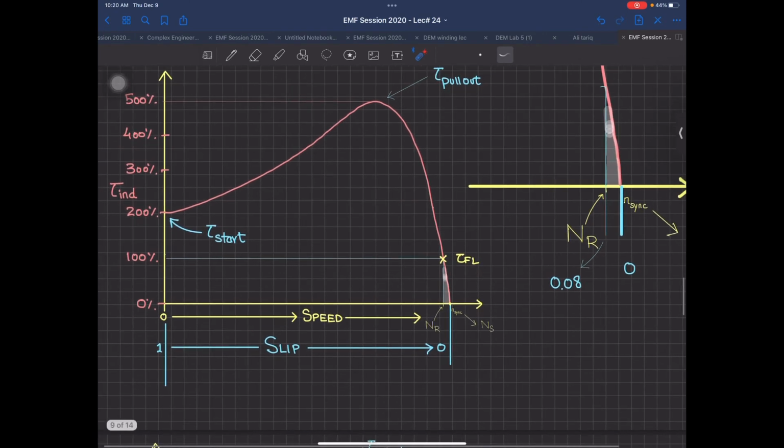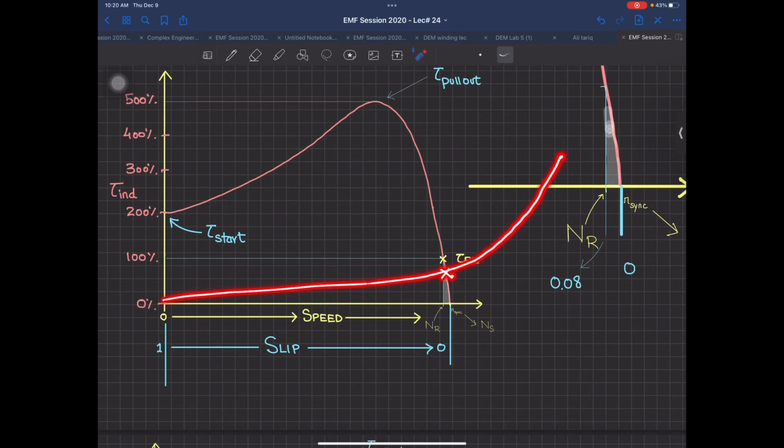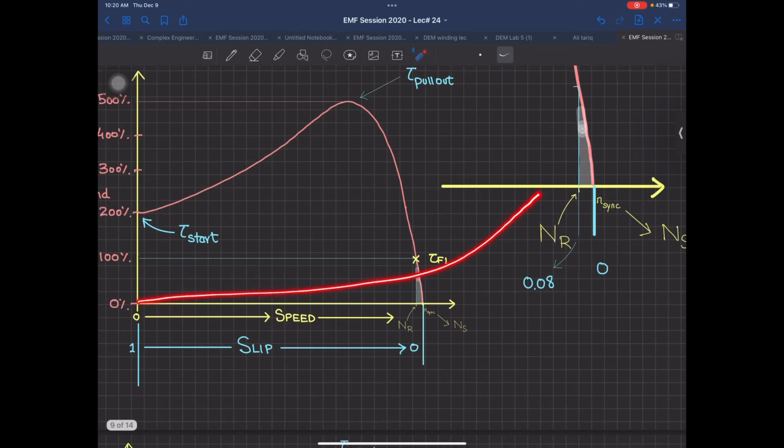Acha ji, he is accurate over here, almost accurate. If you have gone through page number 370 and 371, these are the curves. This curve is for the induction machine. ठीक है. Now the load which you have applied, उसकी एक अपनी curve होगी. And since I am talking about this point supposingly as the torque required, the load is going to have a curve like this. The load line. That load line can be exponential something like this. It can be also a straight line, or even something like this.